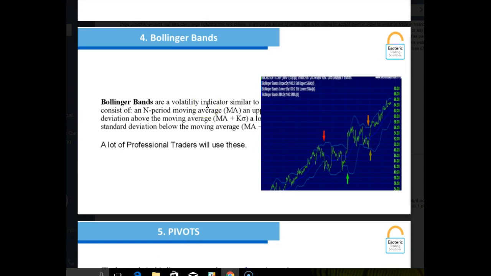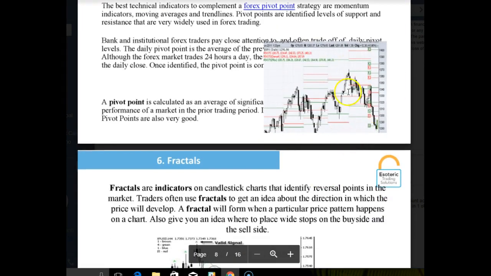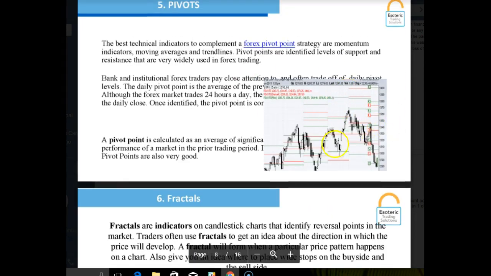I'm more inclined to put a lot of emphasis on the pivots, which we'll come to, and on the Ichimoku, which we'll come to, as well as the parabolic SAR. So Bollinger Bands, basically, if it hits the top end of the Bollinger Band, it means the market's overextended, so you sell it. If it hits the bottom of the Bollinger Band, the market has been oversold, and so you buy it, pretty much. I don't know why these are all out of whack a little bit, just in terms of the graphs, but anyway, it's not a big deal.